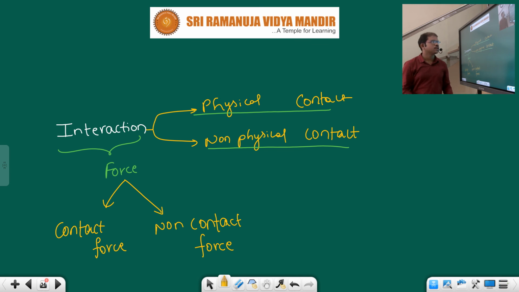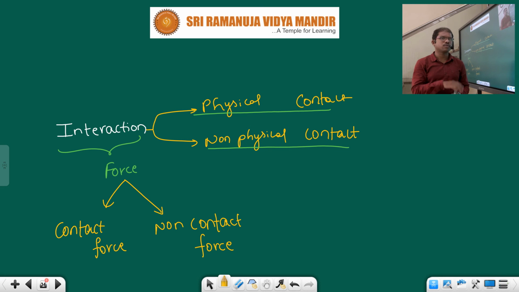Clear now, children? See, suppose here is my arm, and I want to move this hand. If I want to move it, what should I do, children? Just imagine some object is here and I need to move this object. What should I do? I need to get some other object into physical contact and then move it, right? Suppose you have a ball in front of you. If you tell that ball to go towards the left, does the ball go on its own? It won't. What should we do? We need to apply force.